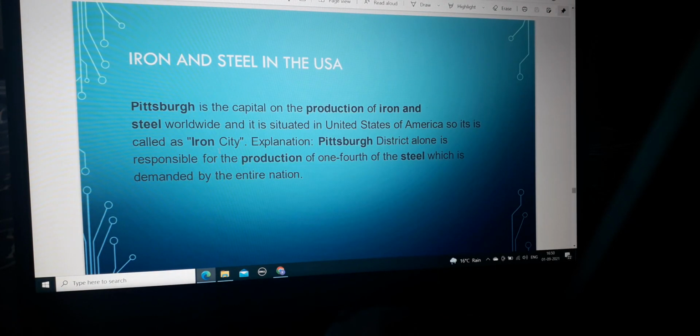Now we come to iron and steel in USA. Pittsburgh is the capital of the production of iron and steel worldwide, and it is situated in United States of America. So it is called